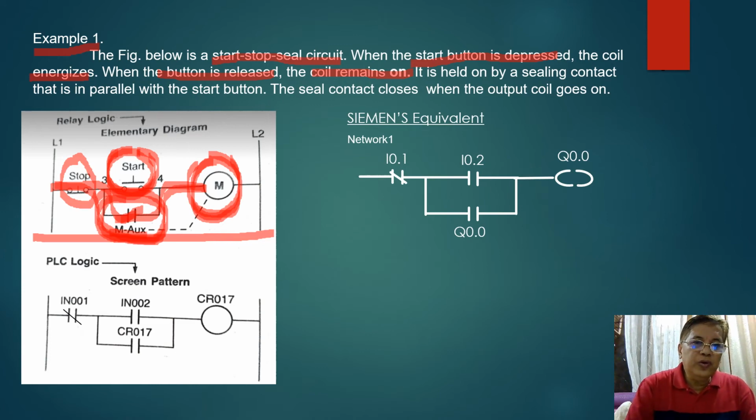Now, let's go to the PLC equivalent of this elementary diagram. Okay? So the stop here is represented by a normally closed contact in your PLC ladder programming. Then the start here is represented by a normally open contact because the start is normally open. Then the auxiliary contact here is represented by a normally open contact. And your M here, your coil, is represented by